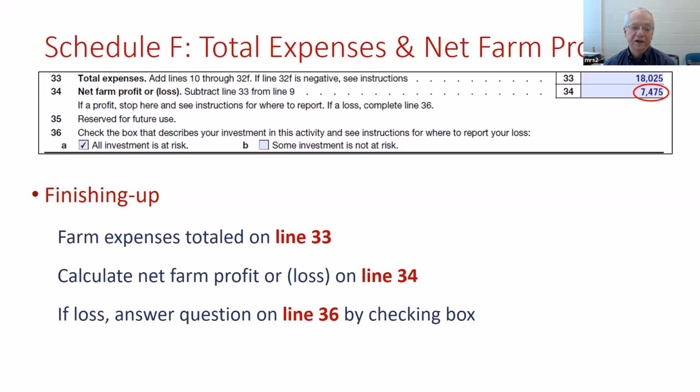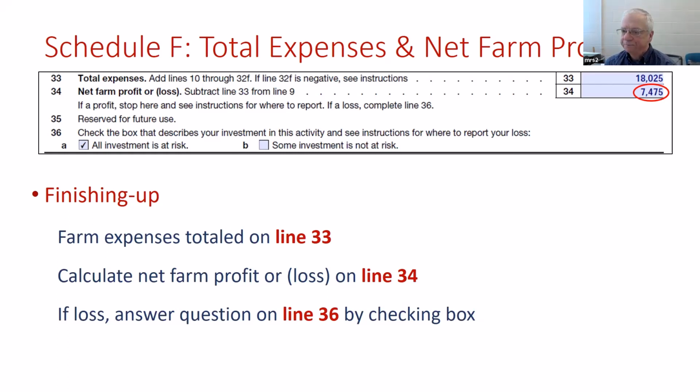And so for most guys, we're answering 36 with a check in block A. All the investment is at risk. I'm at risk of losing it. I'm using my property. I'm fully involved with this operation. So what that means is that $7,475 is profit that's going to be reported on Schedule 1 of Form 1040 and get added to your other